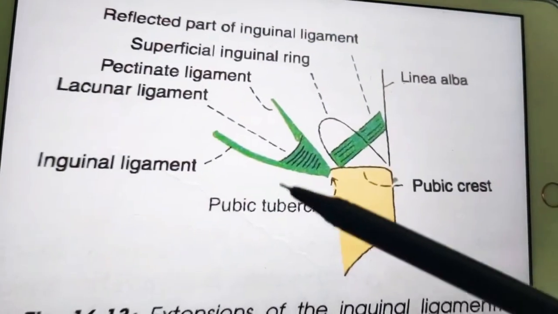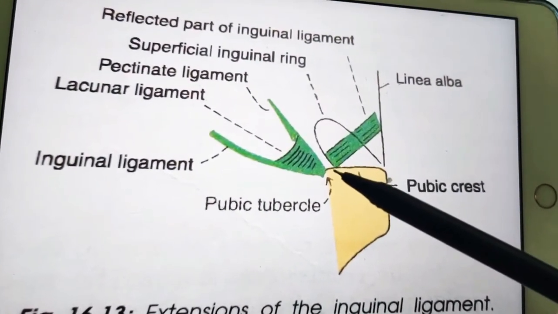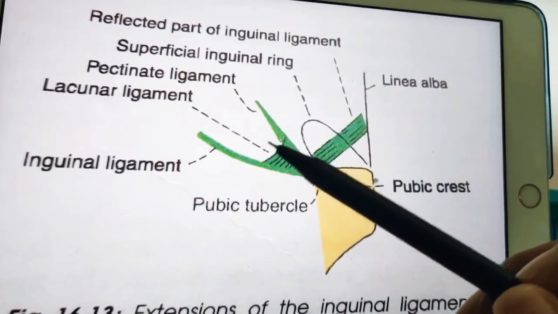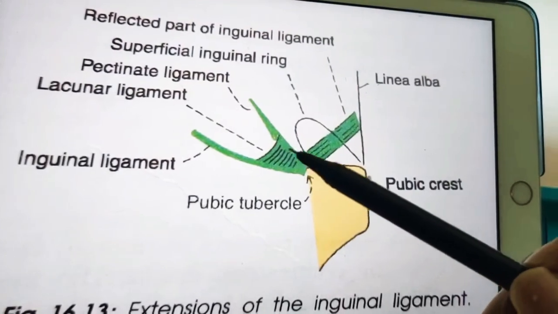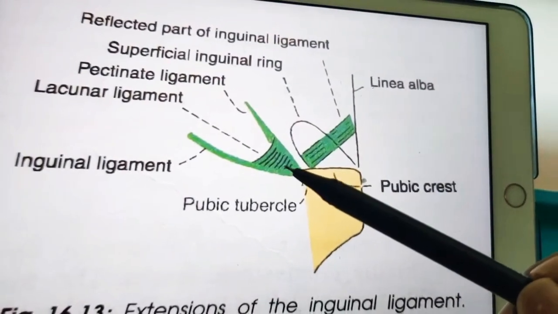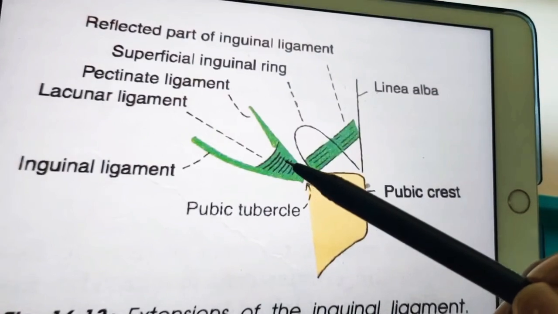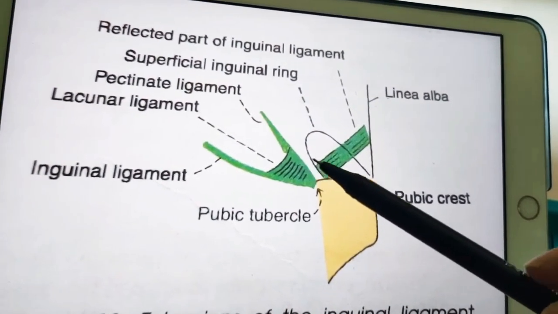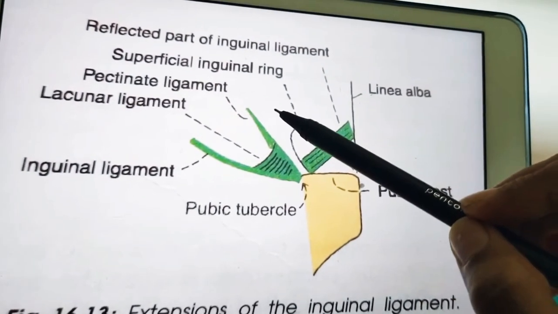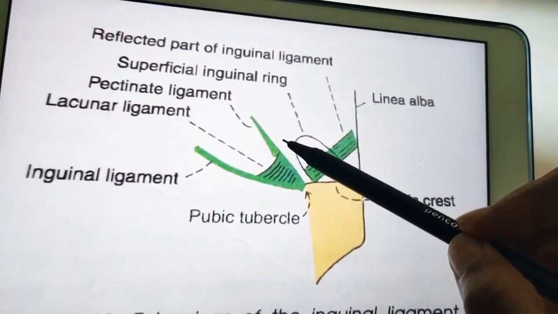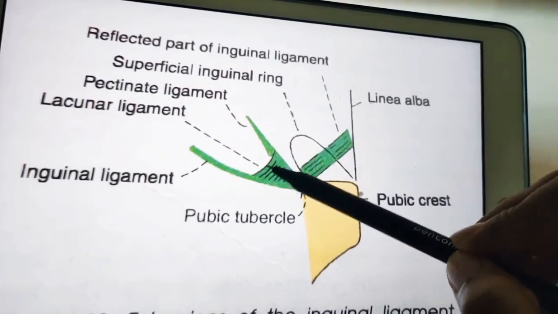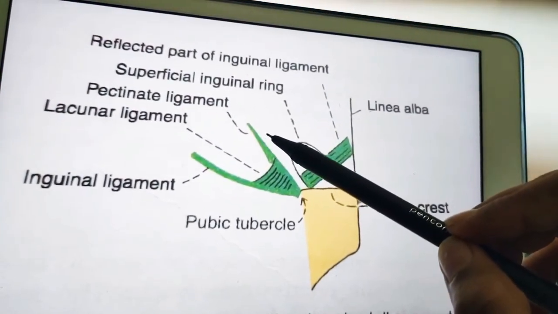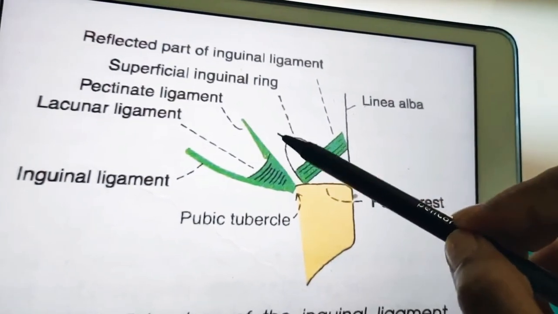So till now we have discussed the lacunar ligament. It has apex attached to pubic tubercle. It has base, this base is towards the lateral side, and it is getting reinforced by the linea alba fibers. Done. So we are done with the lacunar ligament, and in the femoral ring it forms the medial boundary. So now we'll discuss the pectinate ligament, also called ligament of Cooper. It is an extension from posterior part of base of the lacunar ligament. It is attached to pecten pubis, and may be regarded as thickening in upper part of pectineal fascia.